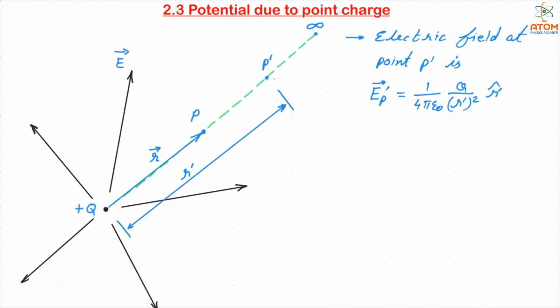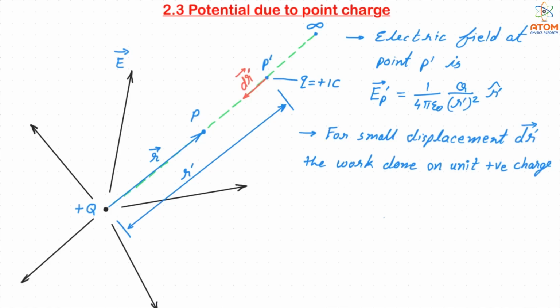Now suppose we place a unit positive charge, let me name it q equal to plus 1 coulomb, at this point P dash. We are placing a unit positive charge, that means 1 coulomb charge, at this point P dash. Now we are giving a small displacement to this unit positive charge. Let us name that small displacement as dr dash towards the charge Q, capital Q. So we can find out the work done in this case.